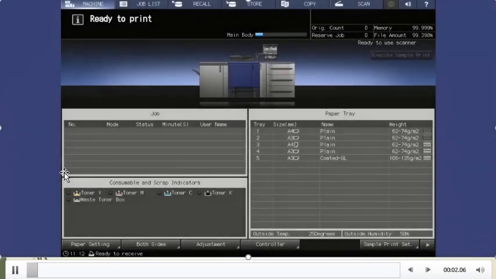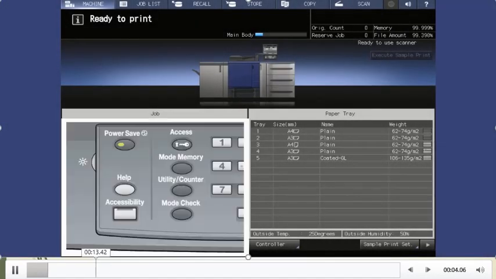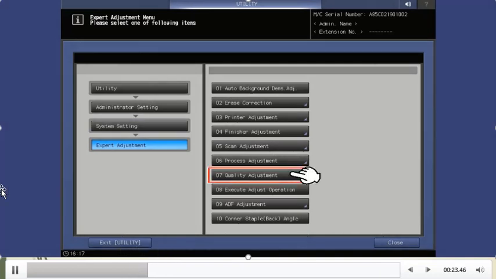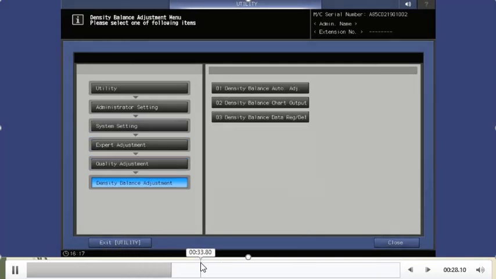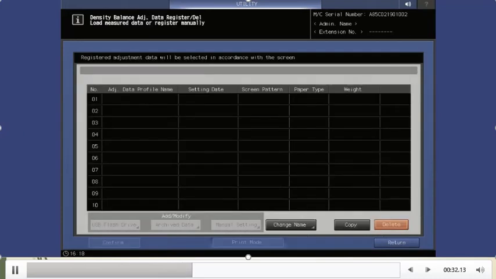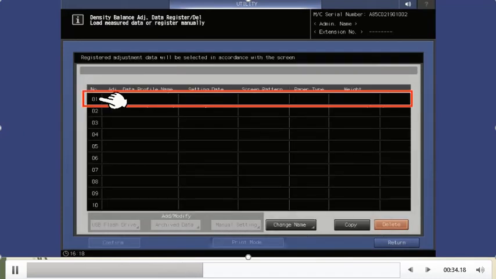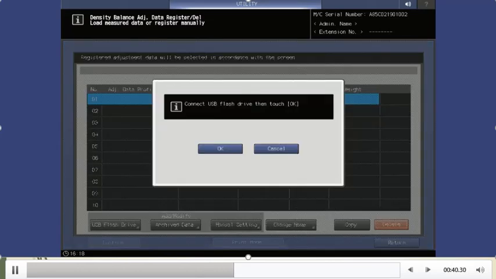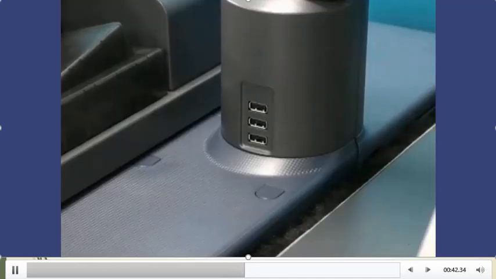In that process, in the same window of density balance data registration, we have to click any blank line. Now we will choose the USB flash drive option, as we have that file on our USB.